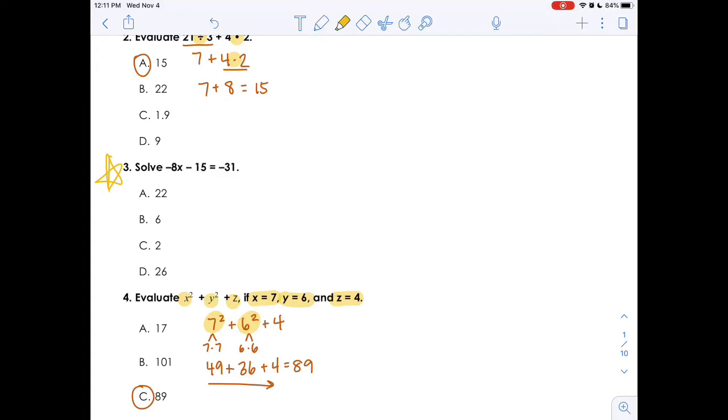So when we're solving, what we're trying to do is identify what the value of the variable should be to make the statement true. And so how we solve this is we use two ideas: inverse operations, which is the idea that addition and subtraction undo each other, and multiplication and division undo each other. So we're going to be using that idea, and we're also going to be using the golden rule of algebra, which means whatever you do to one side, you must do to the other side,